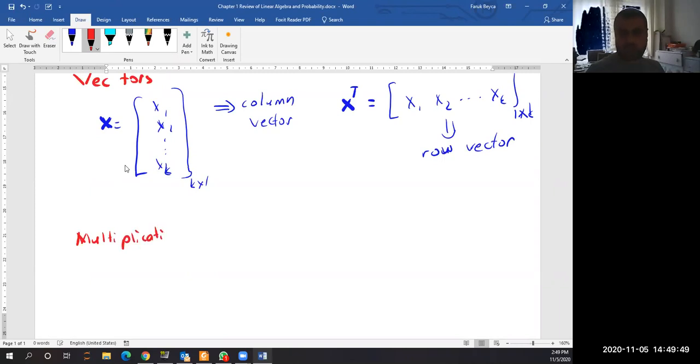Which we are going to use a lot when you go to the machine learning algorithms. Most of the stuff we are going to do is multiplication of the vectors or matrices. So it's important that we learn this stuff. And if we have 2 vectors, let's say u,